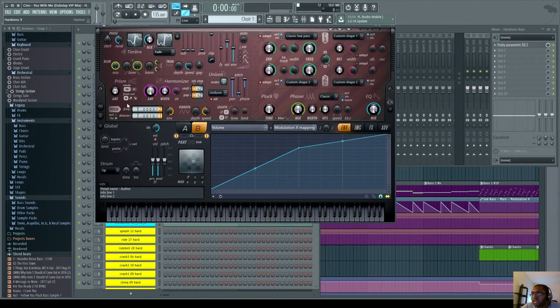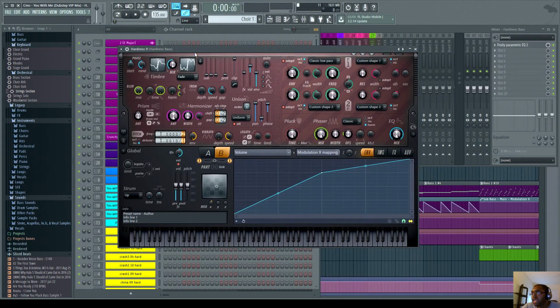We have this Hardness 9. Now this basically is an old patch that has evolved tremendously, hence the number 9. So I could grab my keyboard just to show you what I mean. Sorry about the mic. But essentially, this is supposed to be one of those basses that you treat as an LFO, but in order to get the LFO effect, you have to actually